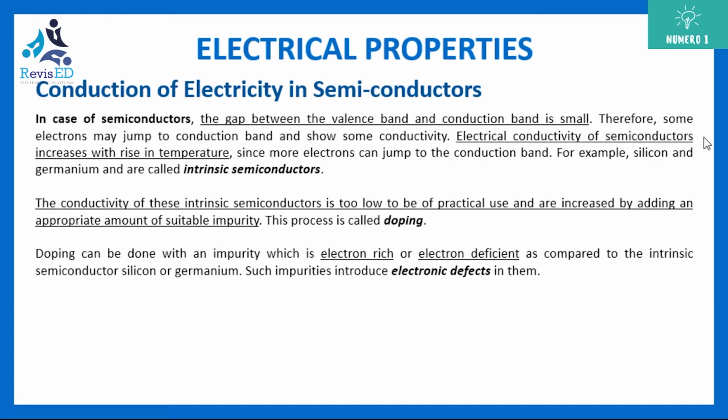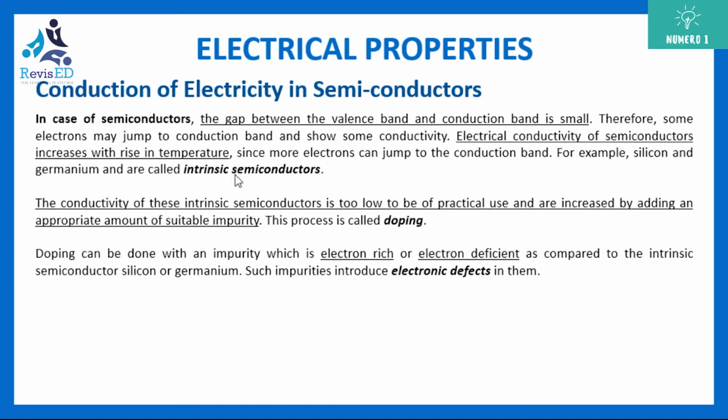Okay. So the electrical conductivity of a semiconductor increases with a rise in temperature. What happens when you increase the temperature is that electrons get excited and jump from the lower valence band to the higher conduction band, and hence they are able to conduct electricity. Now, if the semiconductor is pure, we call it an intrinsic semiconductor. Intrinsic semiconductor means the semiconductor is pure. Examples are silicon and germanium. Silicon and germanium are part of group 14. So it's very important. You can see your periodic table. Group 14 consists of silicon and germanium.